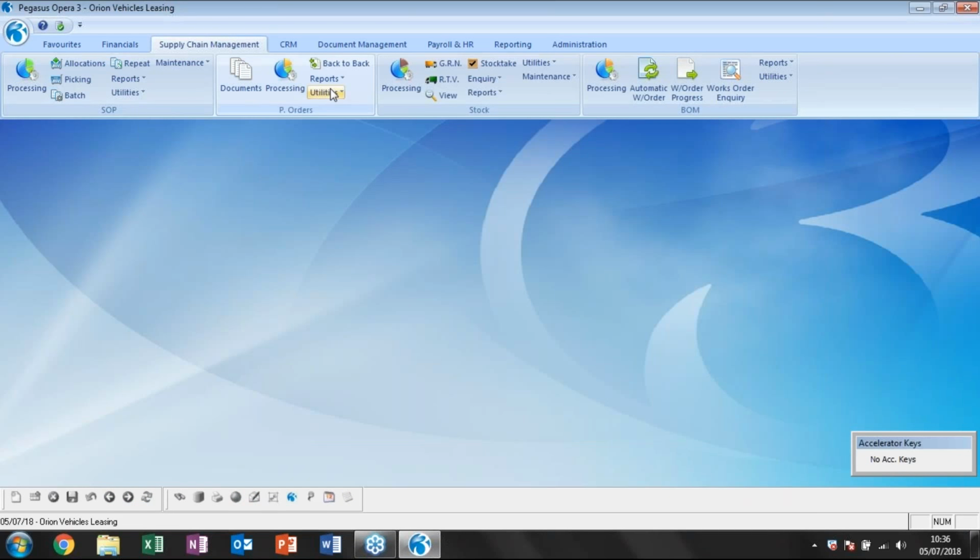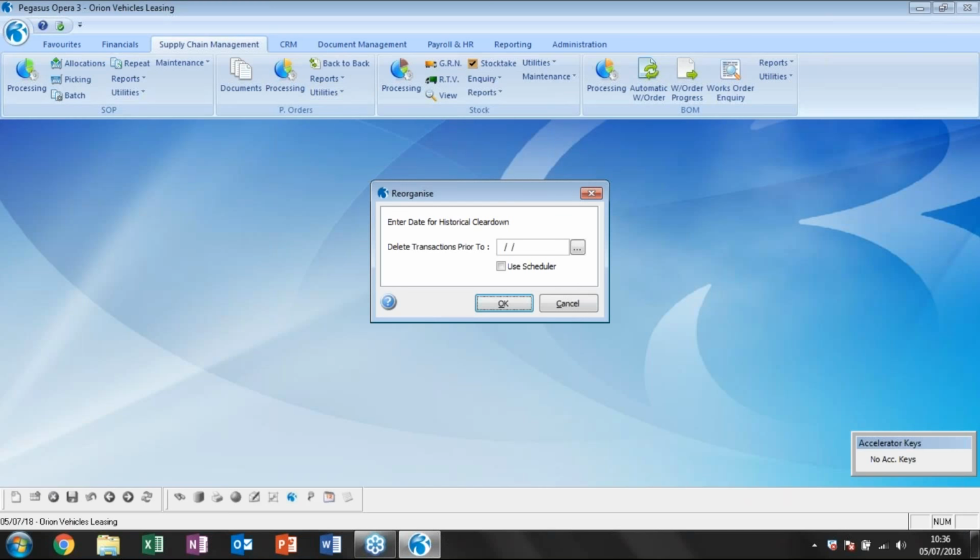And again, one of the reasons for the satisfying is so that we can run our reorganize. So what I'm going to do is within purchase order, utilities and reorg. This is the option that again will allow us to then clear down those completed lines. Now, what this is not doing is it's not affecting in any way the purchase ledger. So once a transaction within both SOP and purchase orders have been posted as an invoice, it will post a separate transaction and a separate image of that document to the